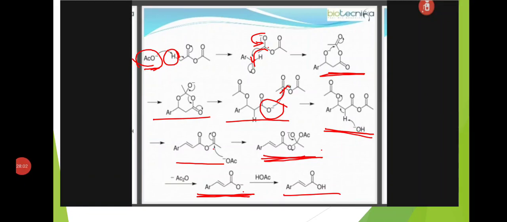Here, the complete Perkin reaction is initiated by the base, that is acetate ion here. In the presence of acetate ion, first acetic anhydride loses one alpha hydrogen and forms an anion. This anion attacks the aromatic aldehyde carbon and forms a reaction intermediate, and oxygen has a lone pair of electrons. This lone pair of electrons shifts to the adjacent atom and loses one group. Finally, on hydrolysis, it is converted to carboxylic acid.